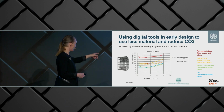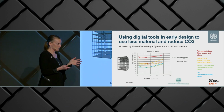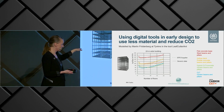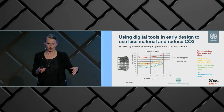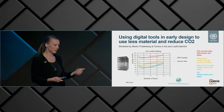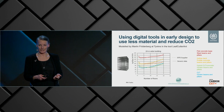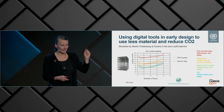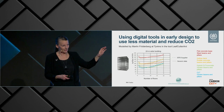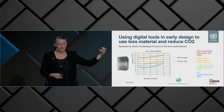And then you can make the decisions about, okay, for this particular building, what's the best frame type that we can use? Which is not generic. It's based on the number of floors, the geometry that you have, all of these things. And there we can really utilize the digital solutions and then take that data that we get and continue it